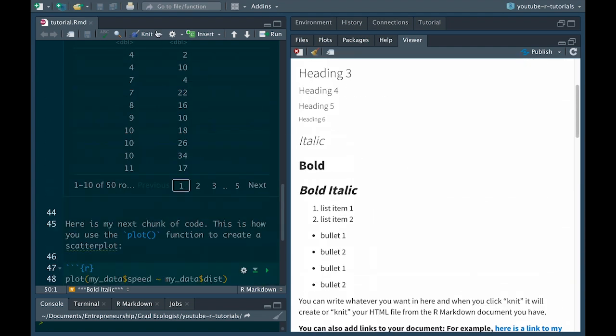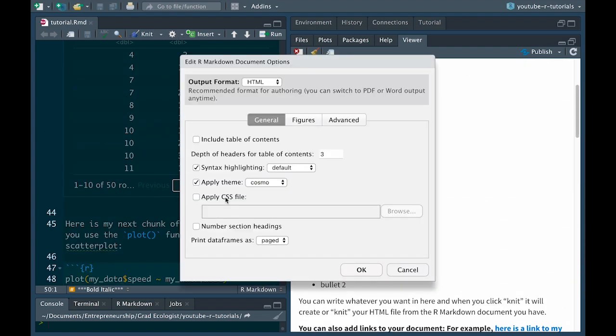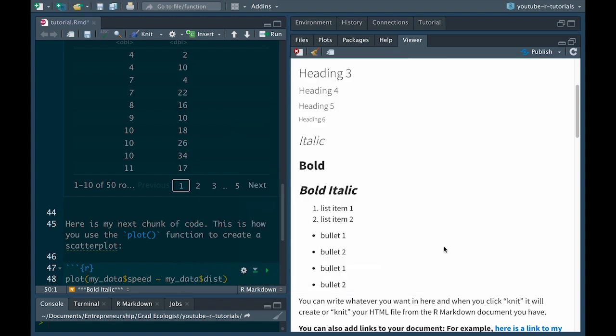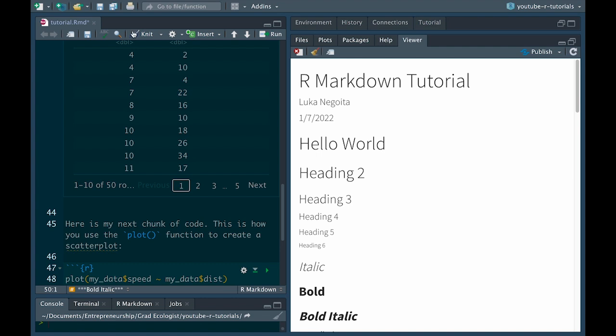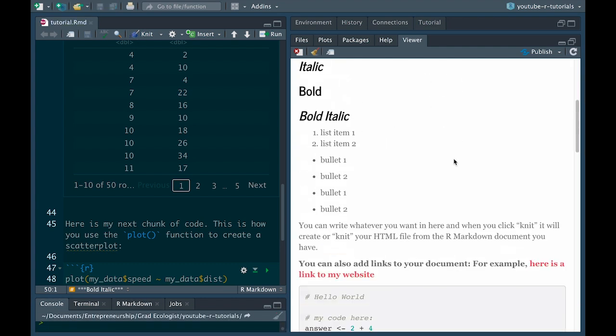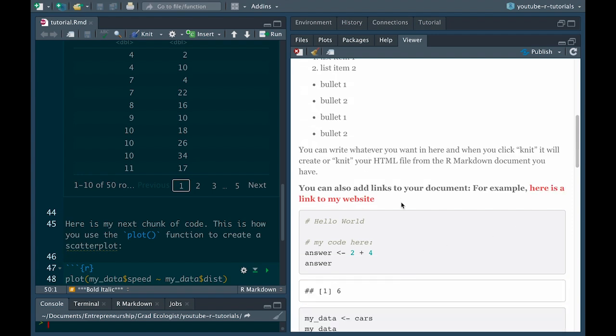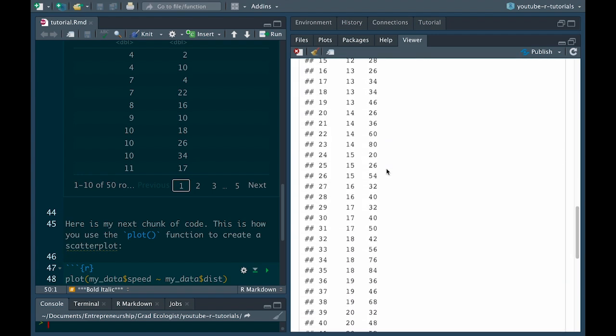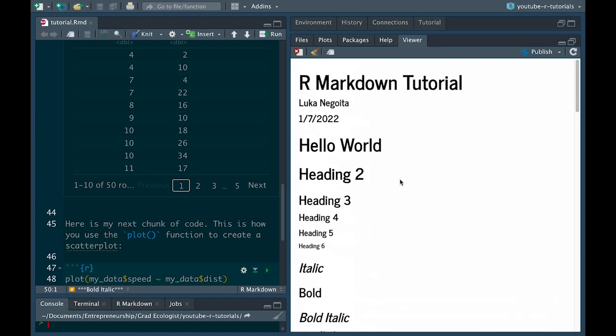Let's try another one just to see what a few options might be. Let's try journal. I don't know what that is. Okay, and then knit. Again, a different type of font. Oh, look at that text. Yeah, very, very different. The links are now red. So you can play around with it and see what kind of look and feel you prefer. I think that's kind of fun because you can make it personalized, make your own journal for learning R really feel the way you want it to feel.